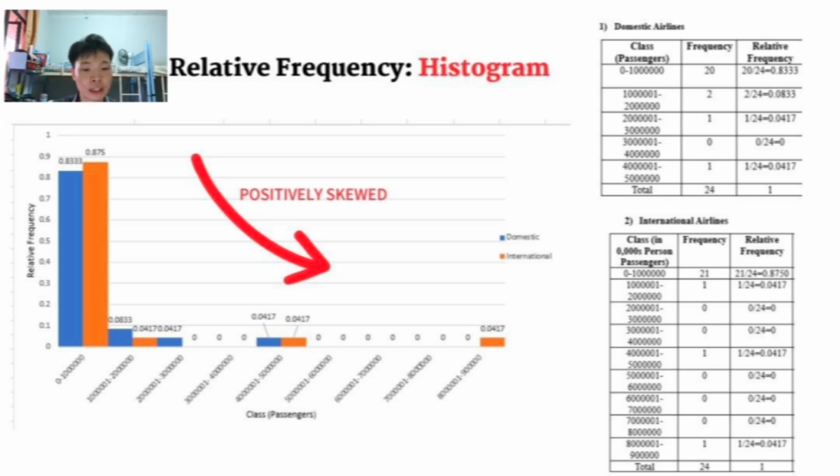0.0417. For the relative frequency of international, the class of 0 to 1 million is 0.875, and the relative frequency for international is the same in the classes of 1 million 1 to 2 million, 4 million 1 to 5 million, and 8 million 1 to 9 million, which is